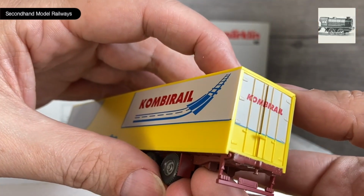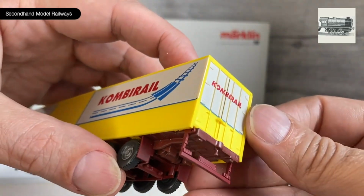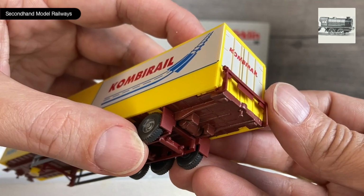Okay, so I've managed to fix that okay. That's a bit of a shame it got bashed there. There's no lasting damage, so that's good. This one's crash bar works a lot better than the first one because it's not falling off all the time,